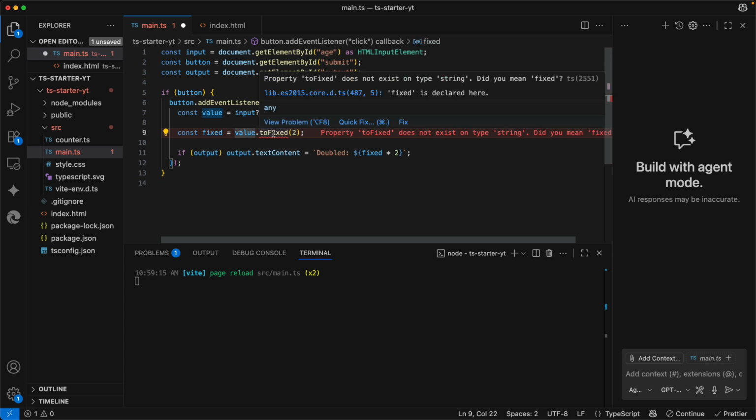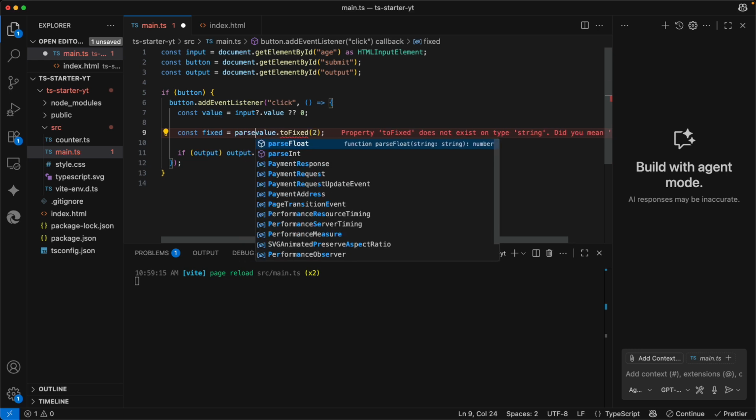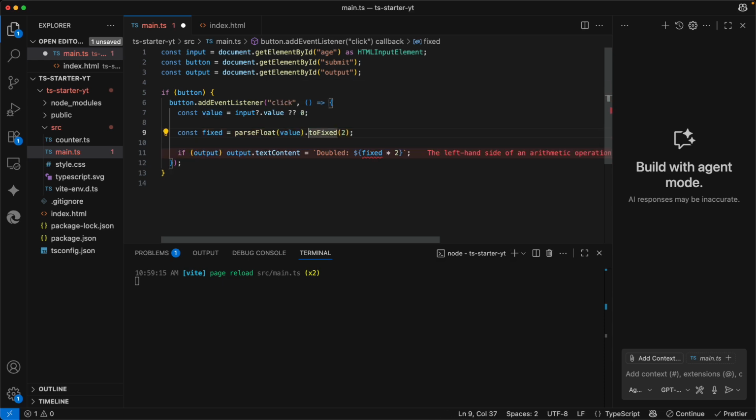Property toFixed does not exist on type string, and this is the error that we had at runtime. So this is a string and it's not a number. What can we do about it? We can cast that or parse that. So for example, we can use parseInt or parseFloat. So let's do parseFloat, and then this error is gone.